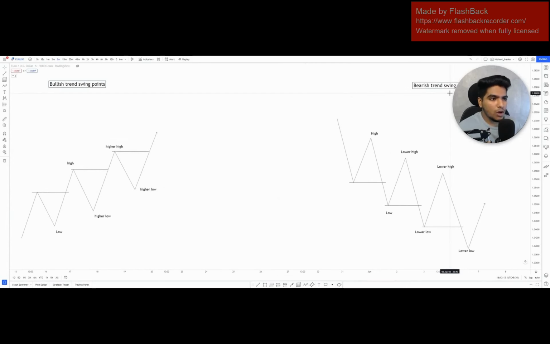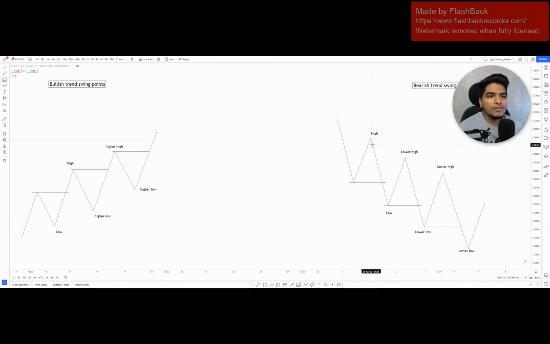Now let's talk about the identification of the bearish trend swing points. In this particular case, prices are bearish and whatever downward push you are getting, those are impulses, and this bullish price action is corrective because our overall trend is bearish. So this was an impulse we got, then prices corrected and start moving higher, and again when we got a realignment and bears take charge, prices again start moving down lower, and when we take out this low,